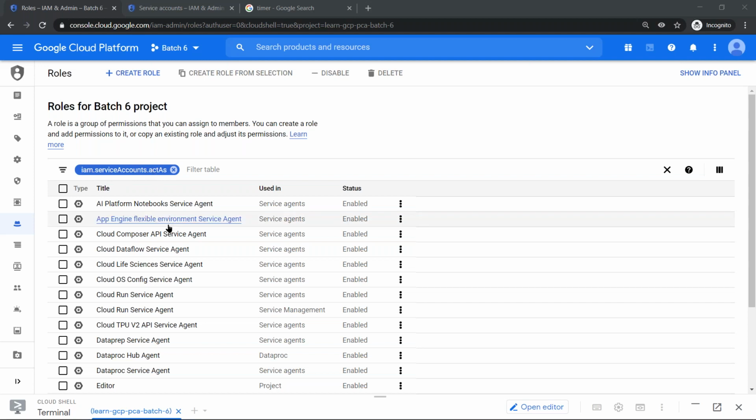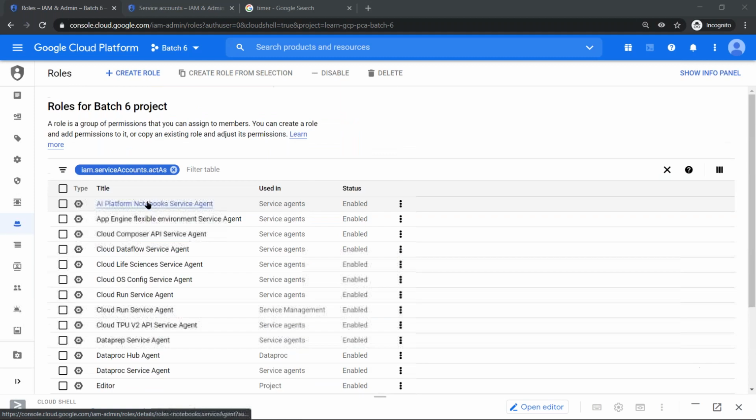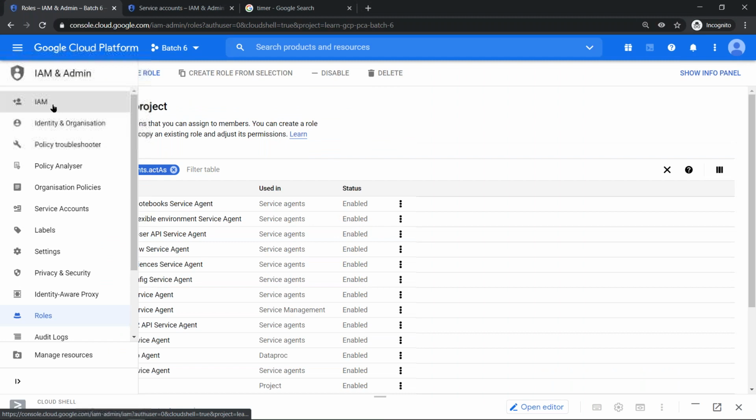The IAM.serviceAccount.actAs permission is available in these many roles. The one we know is only this role, so that's the reason we always give this role. Owner and editor have this built in, and we don't want to give that because it's slightly broader access. So always try to give this role. So if I go here,